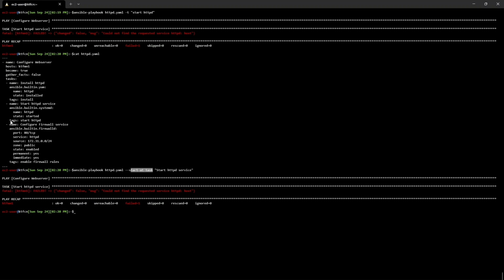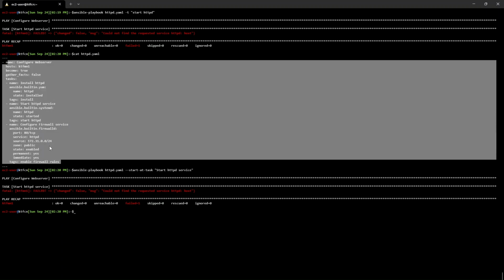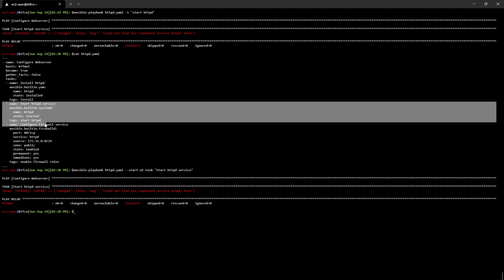So see, both are working: either you can start at a task, or you can give some tags and use the tag to start the service. So something like this we can use. In some cases we don't require executing the full playbook. You can just run a specific task from that playbook like this. We can do that. And the next thing which I wanted to show you